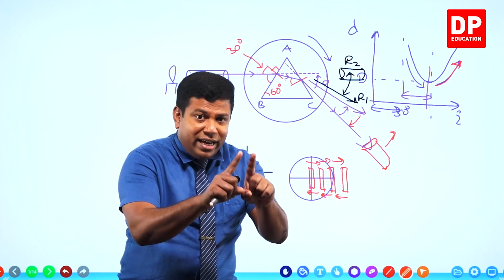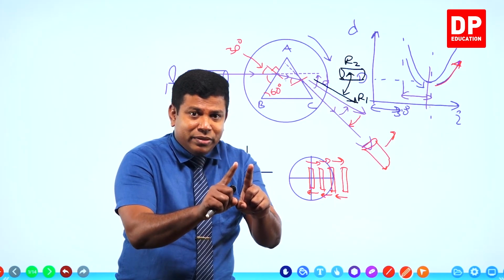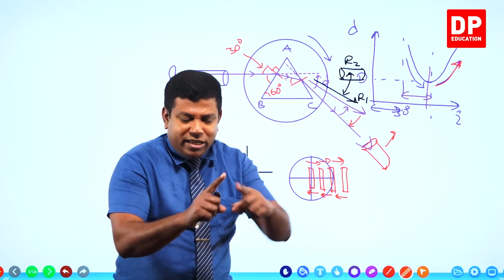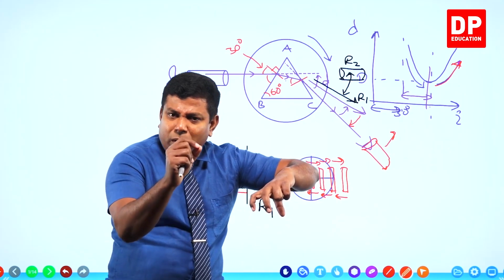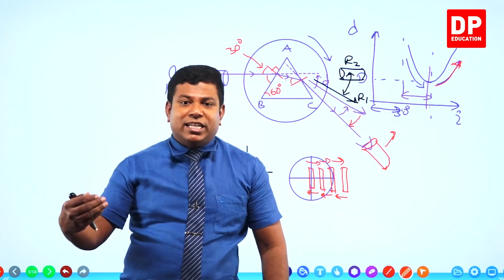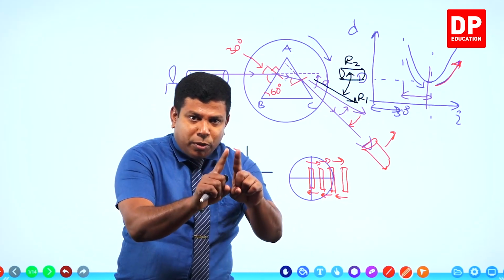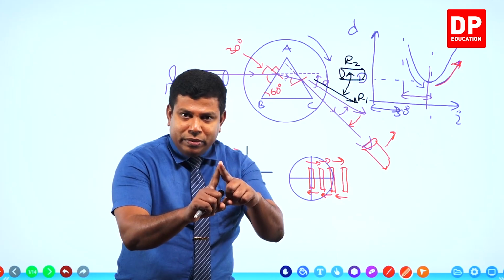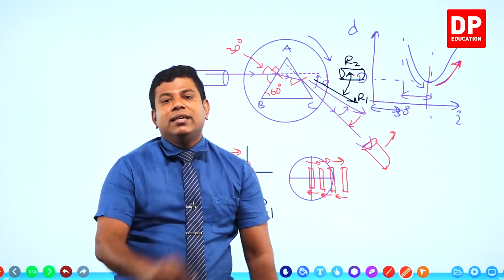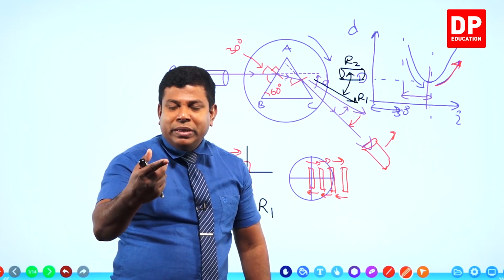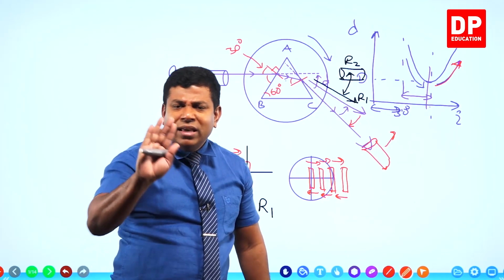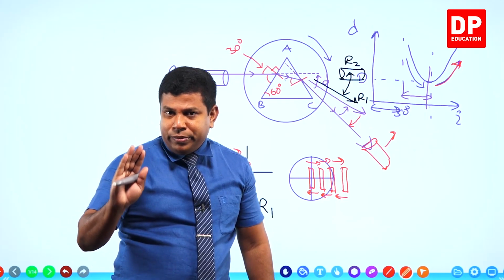So find the point where it remains unchanged. Momentarily it remains unchanged. Even though you are rotating the table, for a moment, at a point, it remains unchanged. Then it starts moving in the other direction. So find that unchanged position and then align your telescope with that. Get the reading. That's the second reading. Get the difference between these two readings. That should give you the minimum deviation. This is all the steps there are going to be.